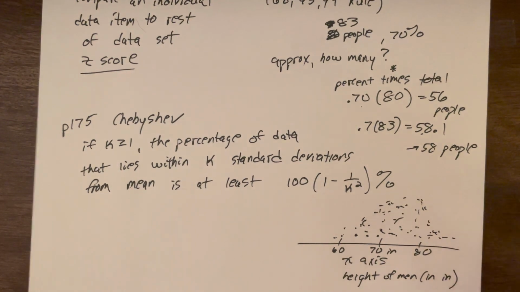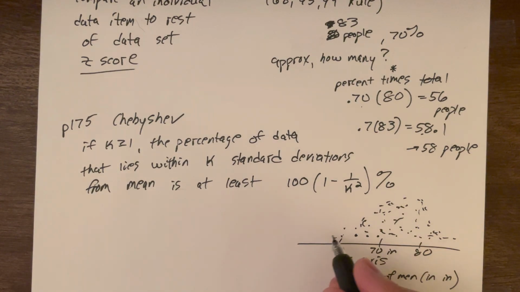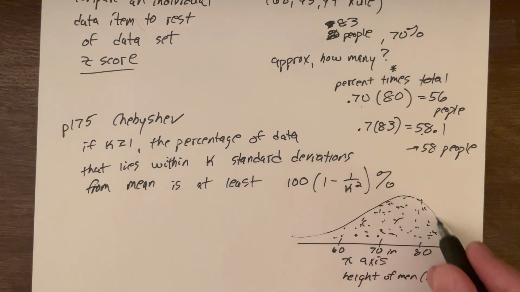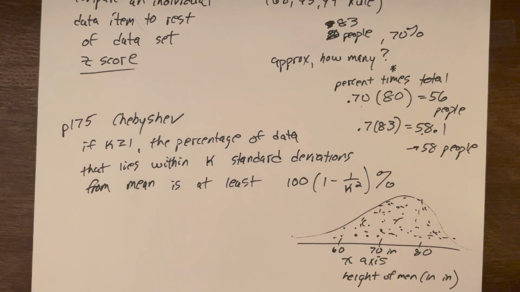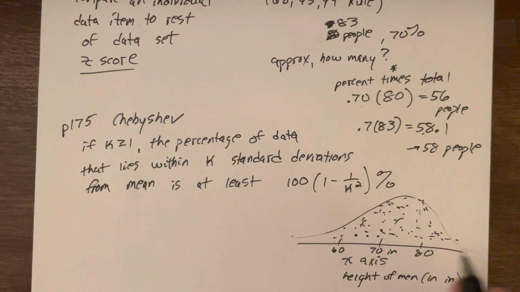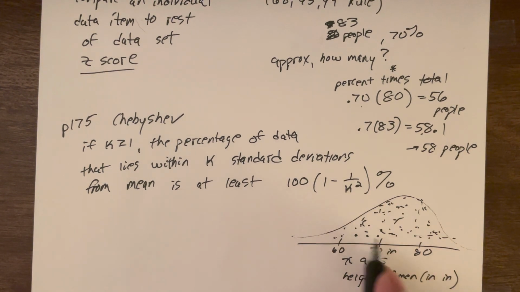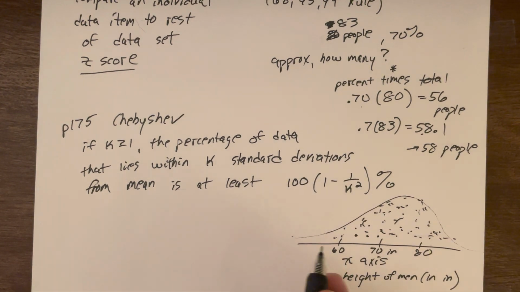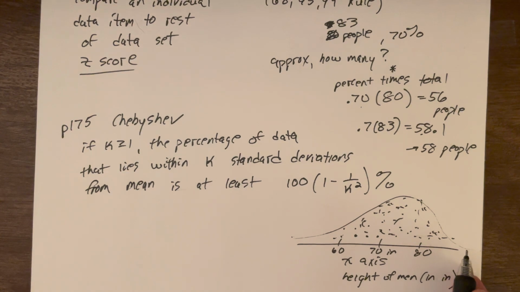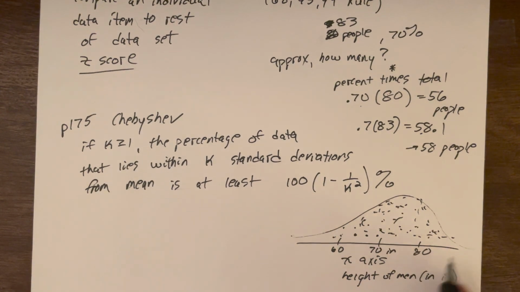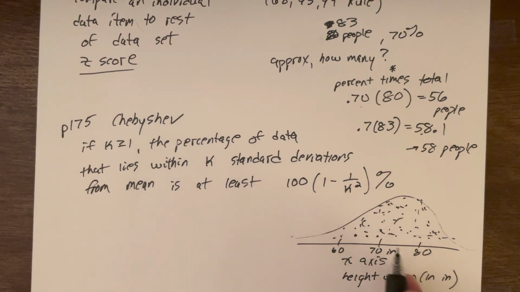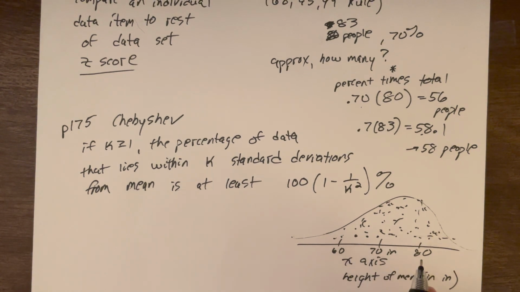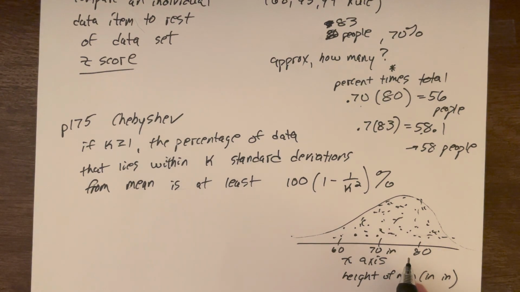So lots of dots. The truth is, this is one of those situations that if I fit a full curve, this would be one of those bell-shaped distributions where, again, most people fall somewhere in the middle, and the further away from the middle, the people who are much shorter, the people who are much taller, you get fewer of those people. So that's the kind of situation we're looking at. Now, this is a coincidence that this is bell-shaped. It doesn't have to be.